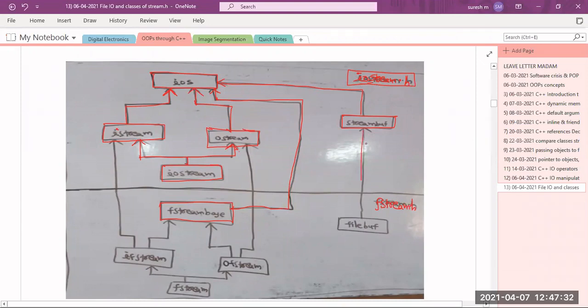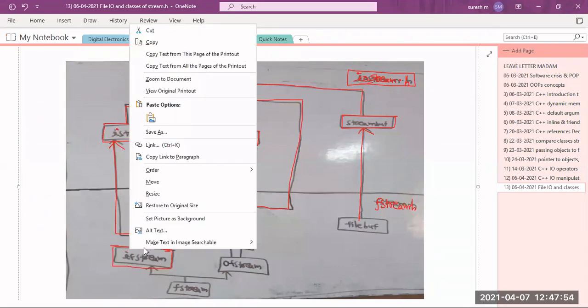From this stream buffer, we are deriving one more class called file buffer. And from this iOS class, we are deriving one more class called the fstream base class. From both the iStream class and the fstream base class, by multiple inheritance, we derive a new class called ifstream. ifstream is used if I want to do only input operations on files.